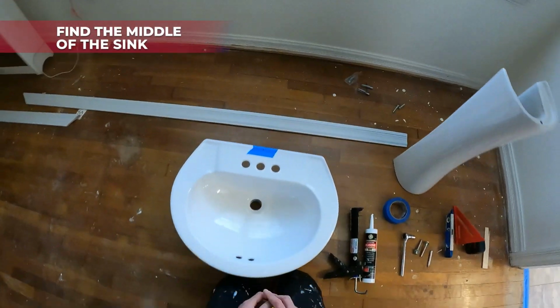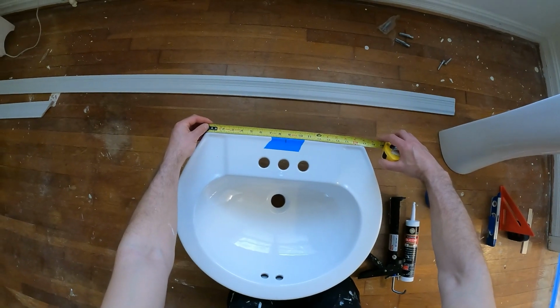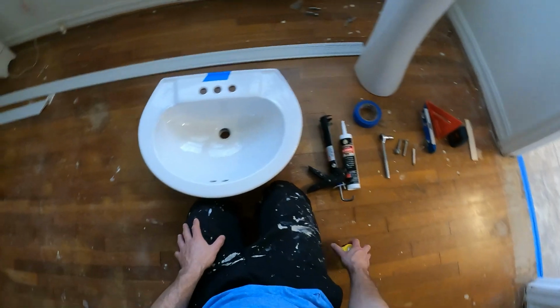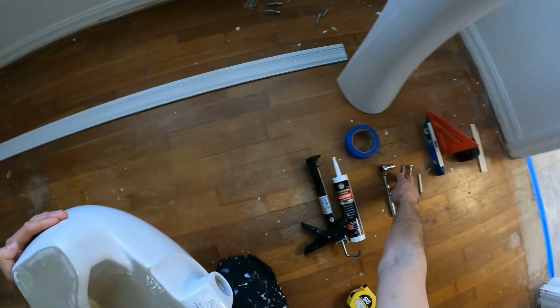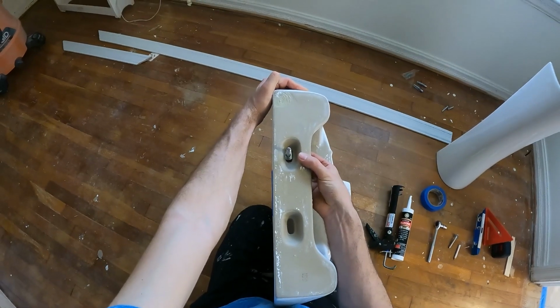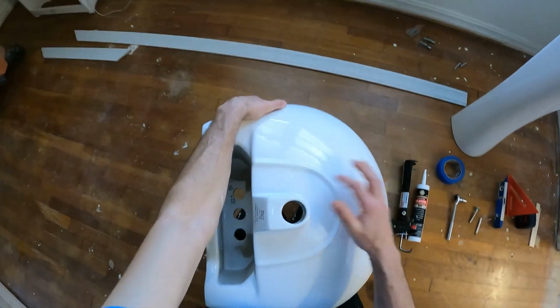a pencil. So the first thing I want to do is find the middle of the sink. I already did that. We're somewhere at 17, so we come off 18 and a half, 8.5 for that. Then I'll show you quickly the back side. We have those two slots here, and we're going to use those lag bolts. They basically come through here and then go into the wall and secure it. And then we also have the stand, which